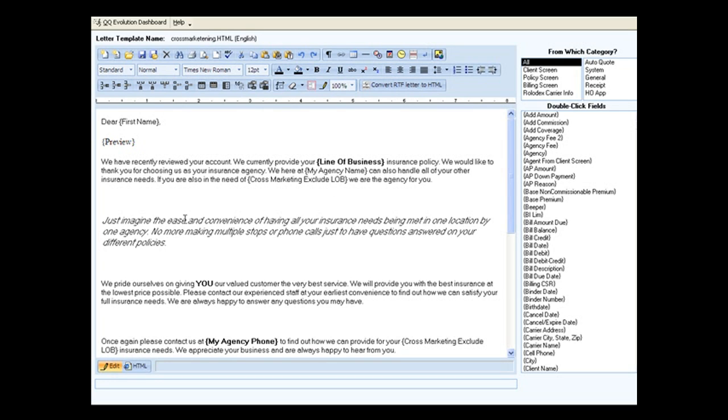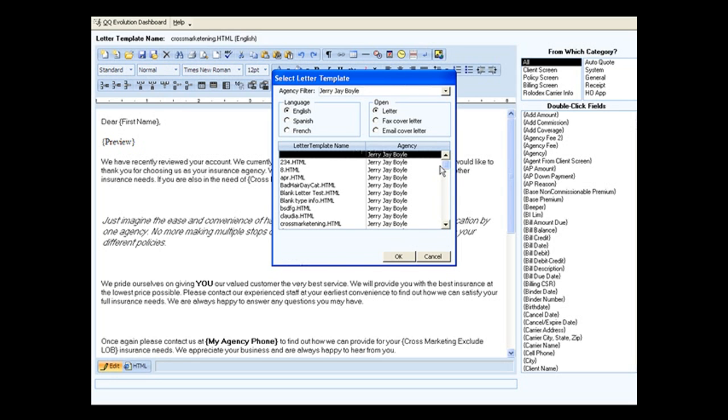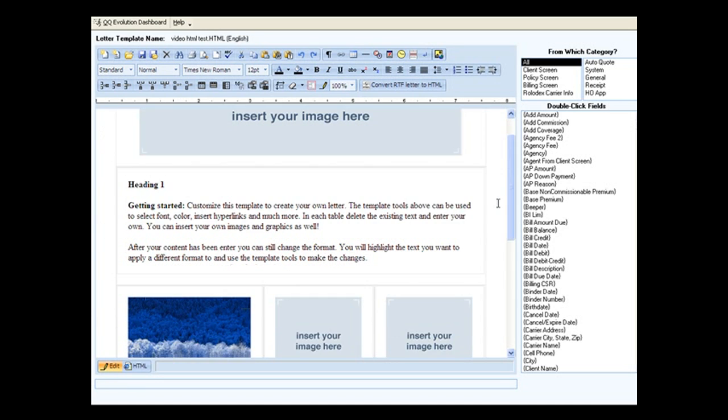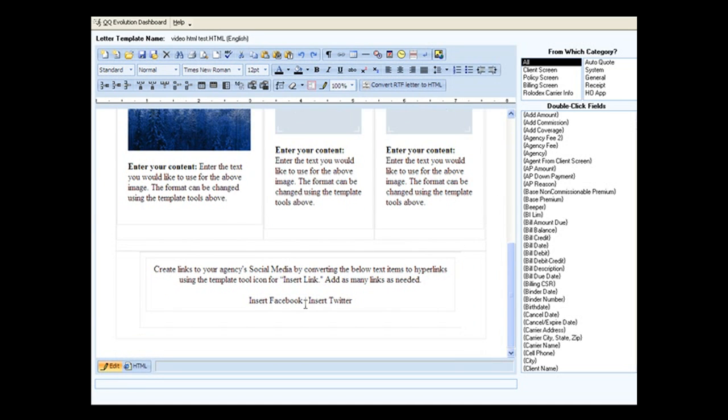I want to open up the template that I just had open that was from the QQEvolution gallery that I inserted that picture of the winter scene on. What I'm going to do is open that up because I had told you that I would show you how to insert the social media icons. So now here we go. And right down here at the bottom where we had already put in insert Facebook link here, I'm going to go ahead and delete that